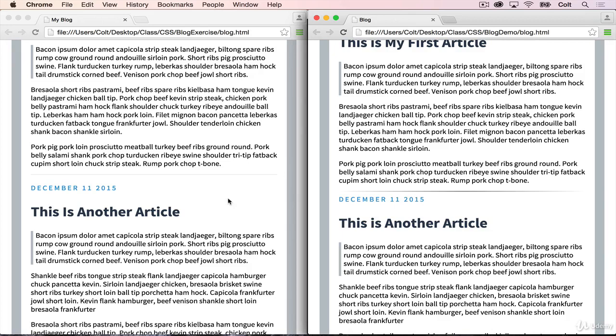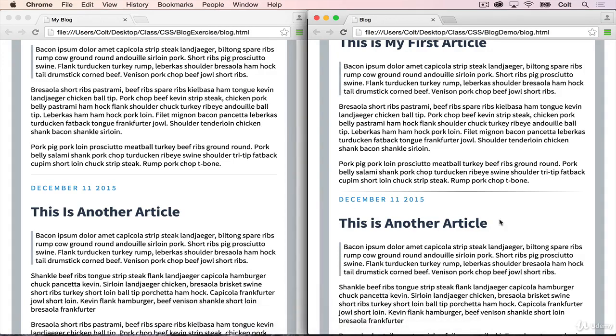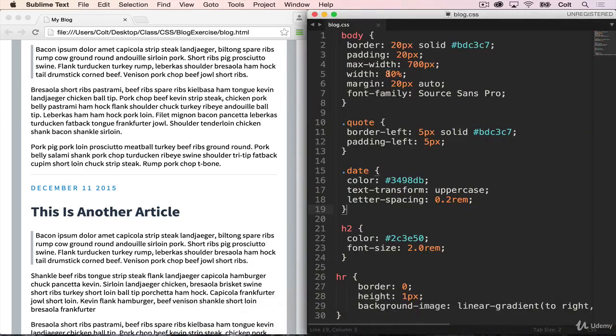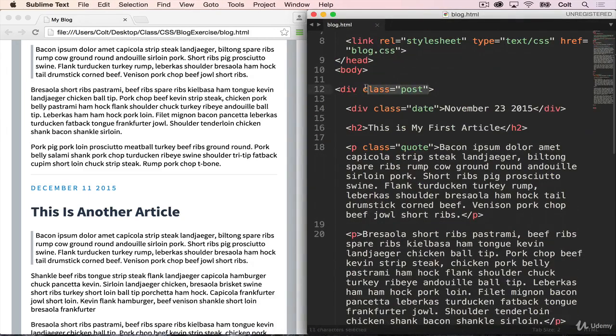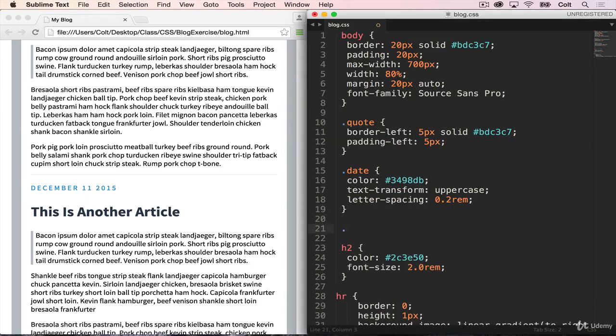So all that we need to do is add a little bit of a margin. So this is actually a nice coincidence that we have this blog post wrapper around every post, because we can just add a margin to the bottom of each post. So that will add space here. So all we need to do is select, let me just show you, the class post. That's one post. So then we're just going here, select dot post,